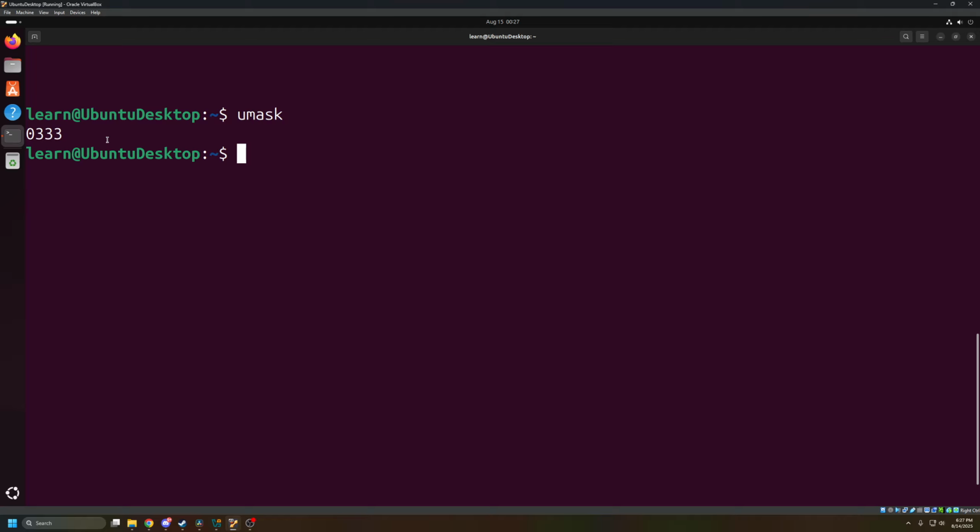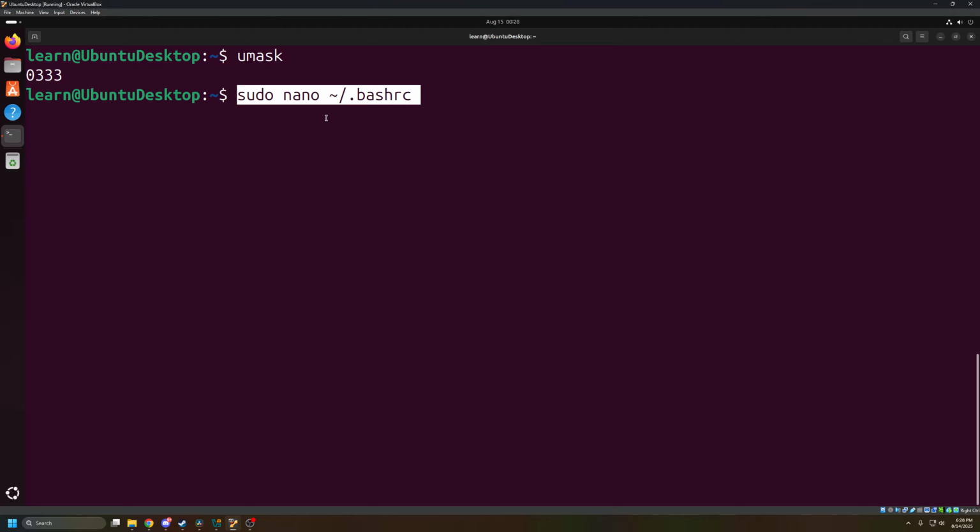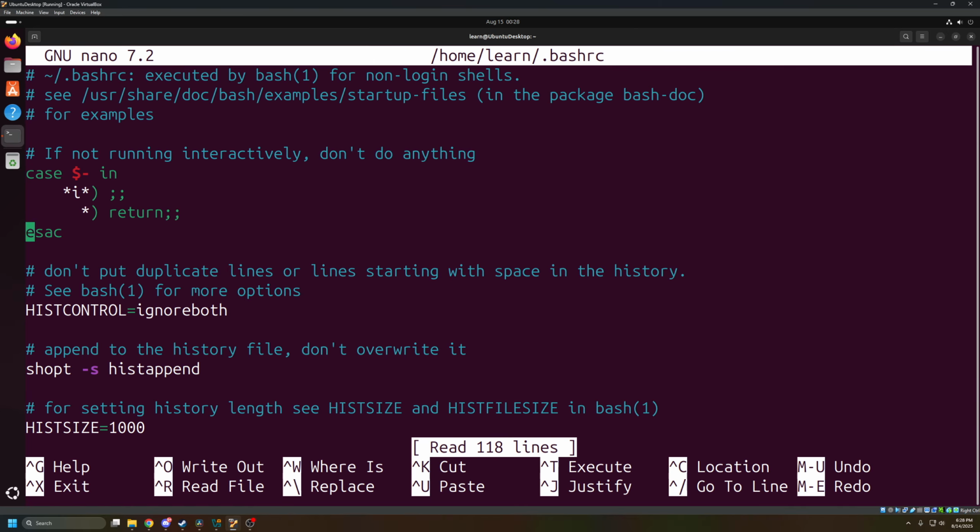So we're essentially saying the user learn can only read files, which, like my example in the video said, hey, maybe you want to give a company the ability to audit your system and read, but you don't want them to be able to write or execute. You could do that with umask. So there's 3 places you're going to need to change the specific user's information. So you'll want to be logged in as that user or go to that user's profile directory, but it will be like sudo nano .bashrc, like this, select enter, type the password, and we'll go all the way down